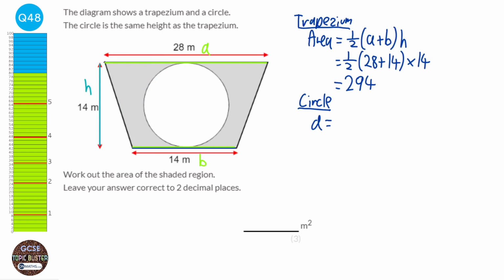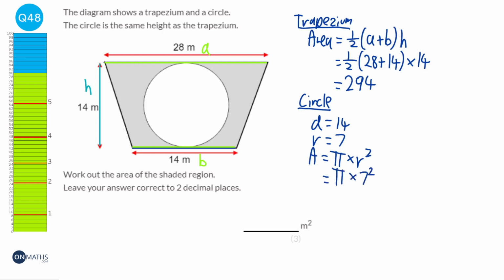So the diameter of the circle is 14, therefore the radius would be half of that, which is 7, and the area of a circle is pi times the radius squared. So it would be pi times 7 squared, which will be 153.938 blah blah blah. Now keep that in your calculator, because next thing we'll do is the shaded area part,